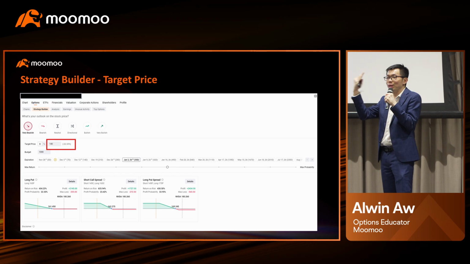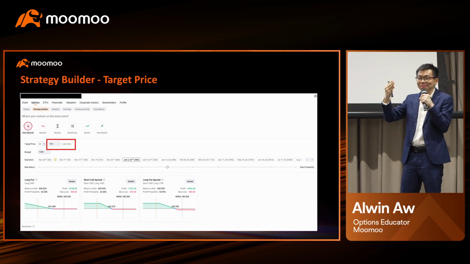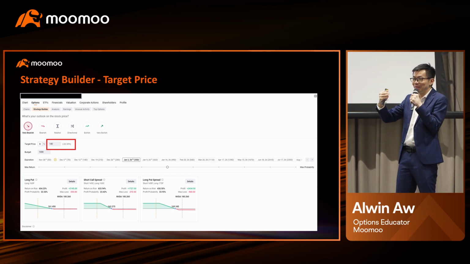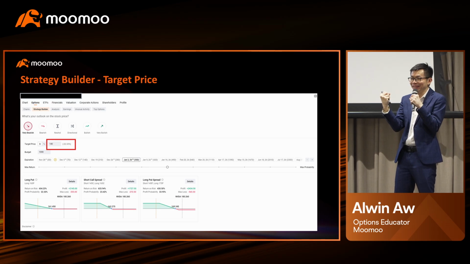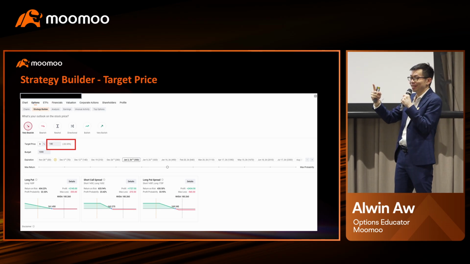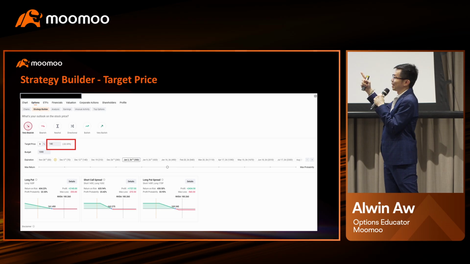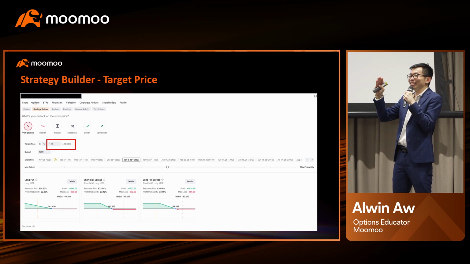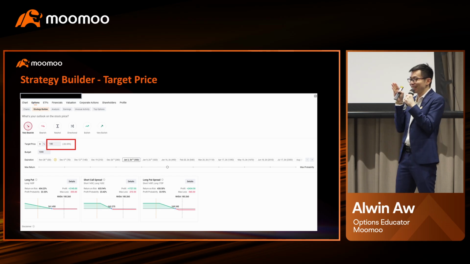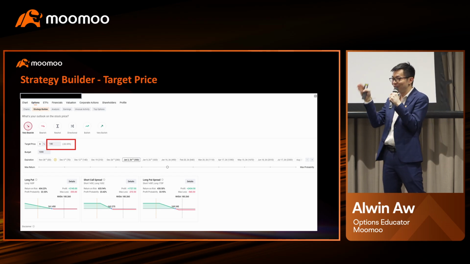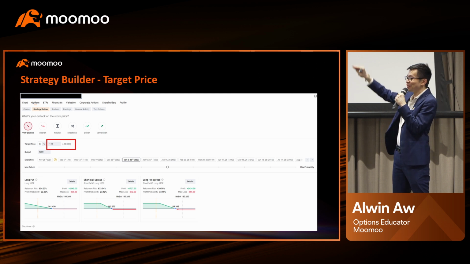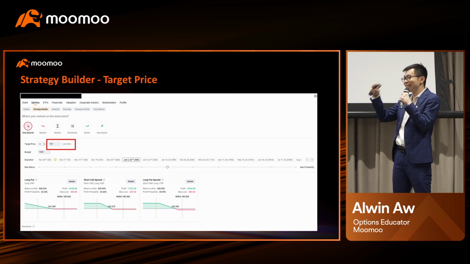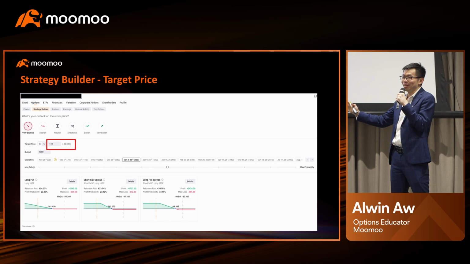Is time or money more important for you, correct? Time frame, or money, which means the budget. So for this example, I use target price. That's another way to look at it. You say, I forecast the price to go down to my target price, 140. So that's the third way to understand options.